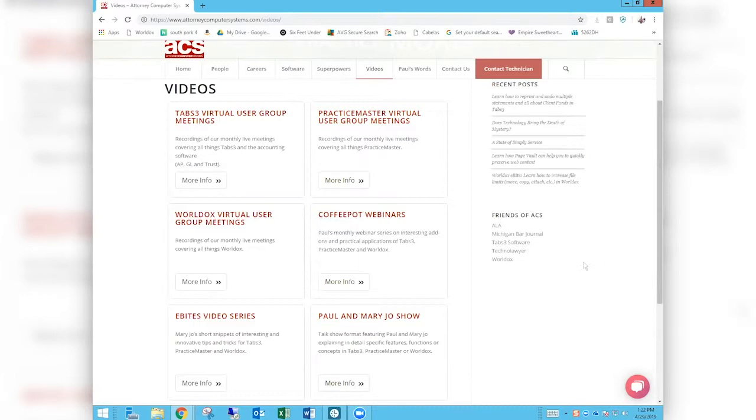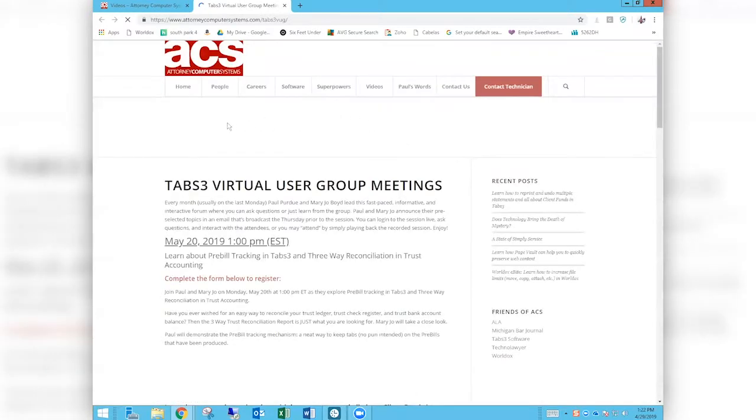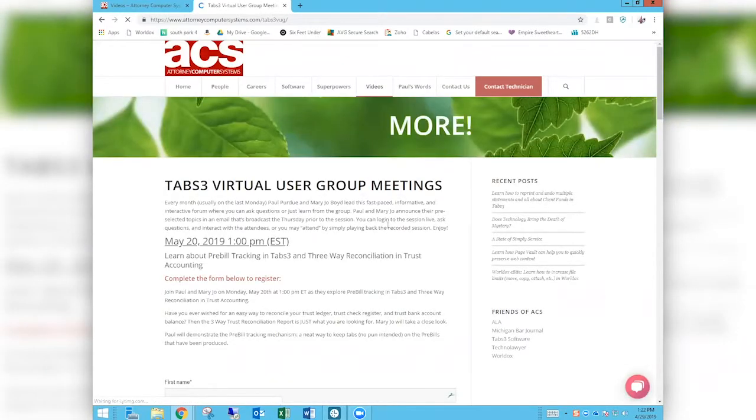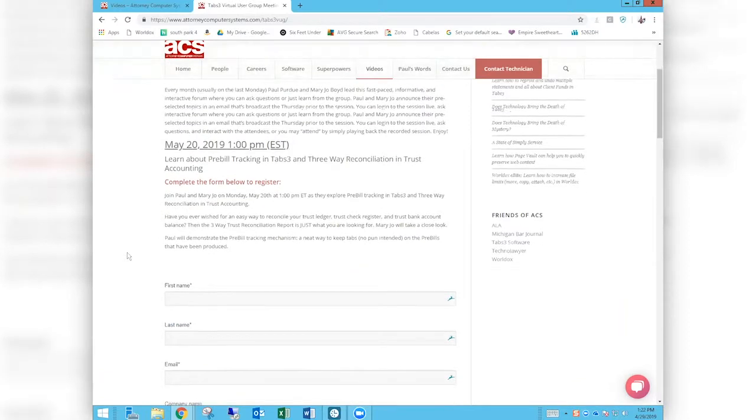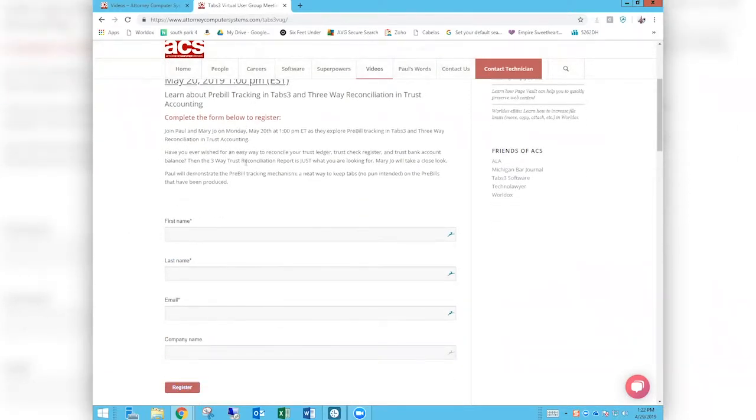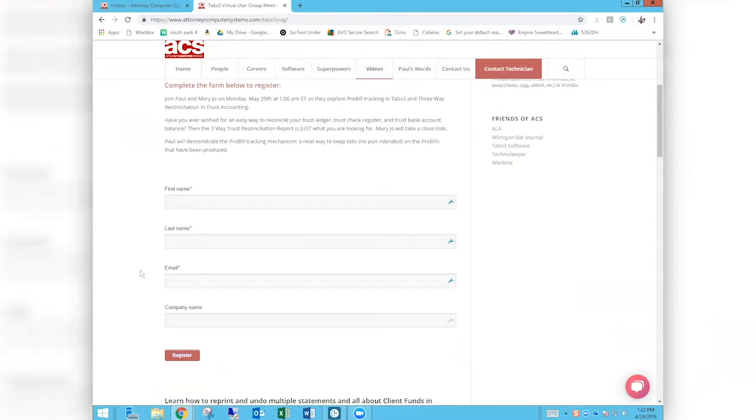Now, if you'll click on any of these, I'm going to go to a live event just so you can see how that varies. You will get a little more information. Of course, you'll still get the title of the event and a very brief description of, in this instance, what a Tabs3 Virtual User Group Meeting is. And then since it's a live event, we'll have information on the next scheduled event, which is second to last week in May because we've got Memorial Day. And you'll have a complete description of what that live event entails and a place to fill in your details